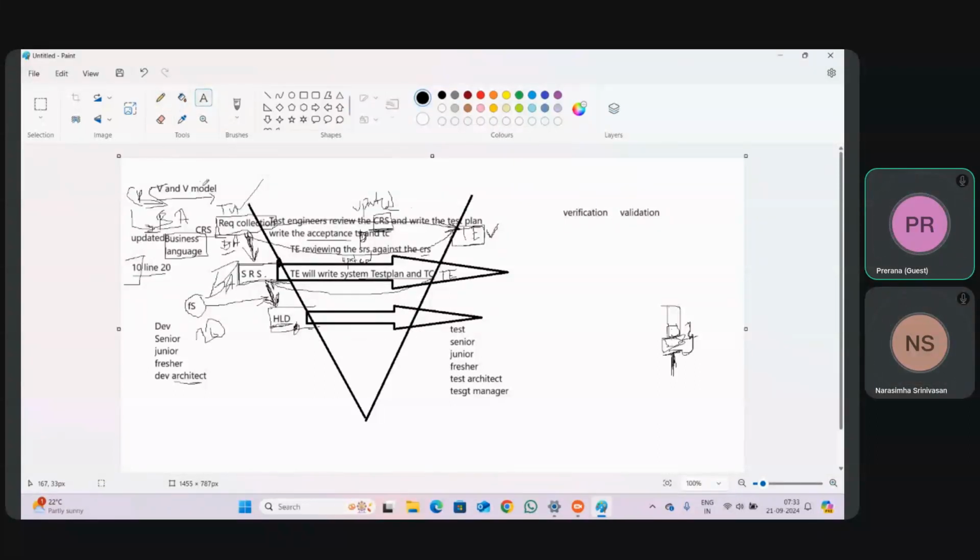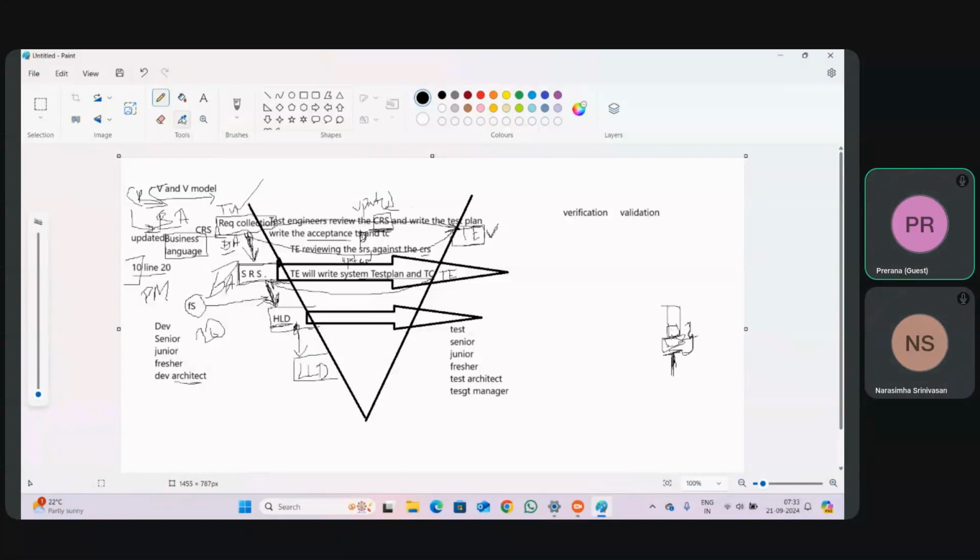Next step, my architect will take the high level design, or my business analyst will take, or you can tell the project manager also, because the project manager is the person who will assign the work, no? So the project manager will take the high level design. He will give that high level design to the architects to convert high level design into what? Low level design. Yes, sir. Still the complete design is not done. High level design is done. Low level design is not done.